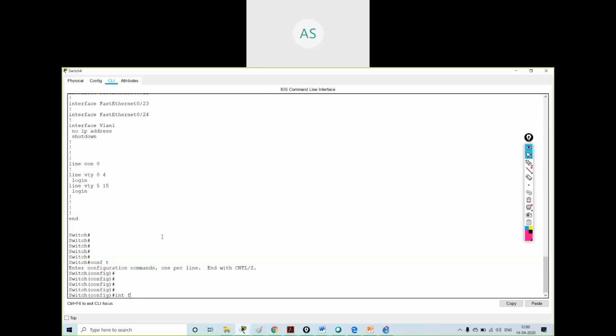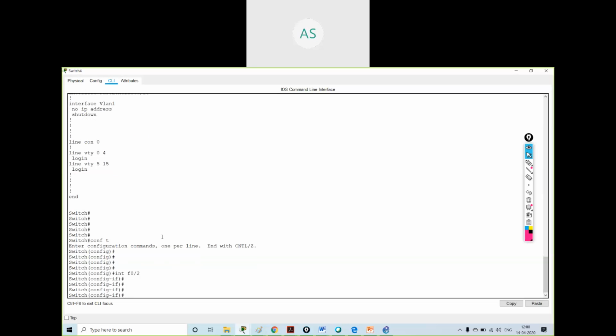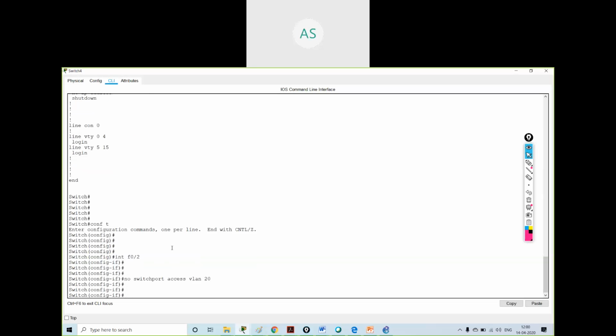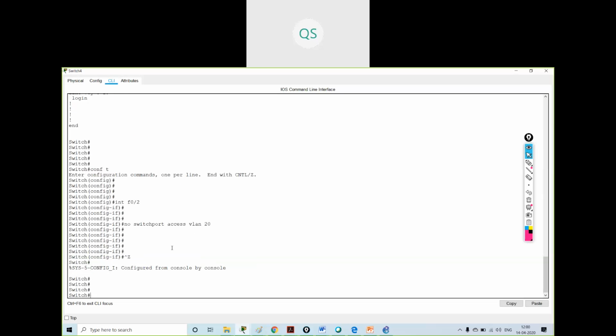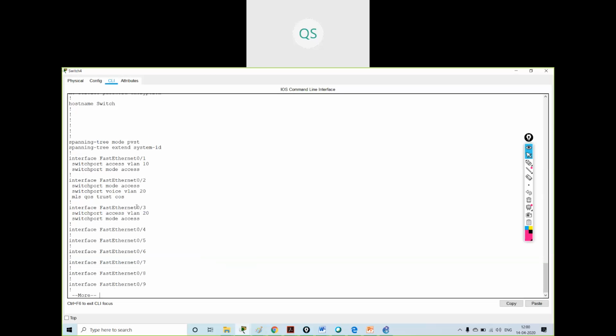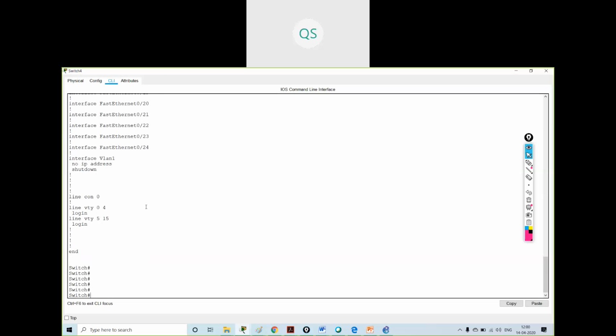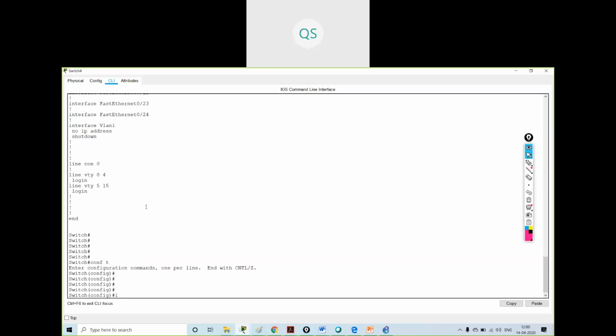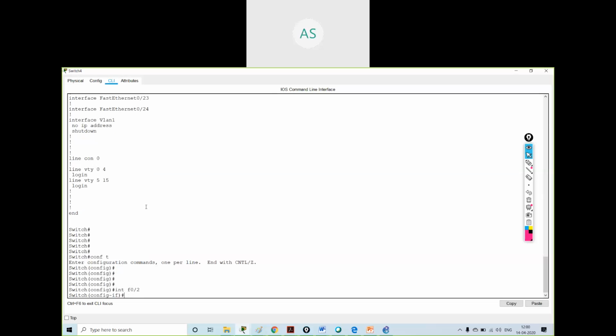Interface FastEthernet 0/2. Show run. I've removed this thing. Now what I will do, interface FastEthernet 0/2, switch port mode access, switch port access VLAN 10.